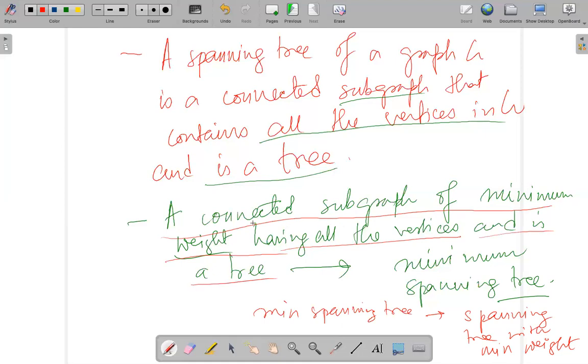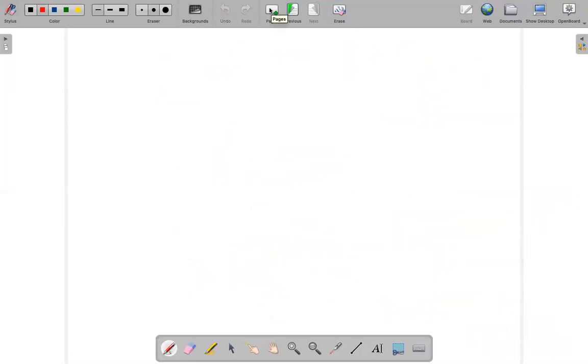Having all the vertices and being a tree is nothing but a spanning tree, and we want a spanning tree of minimum weight, which is called the minimum spanning tree. So let us take an example to understand this concept better. Let us say that we have a graph